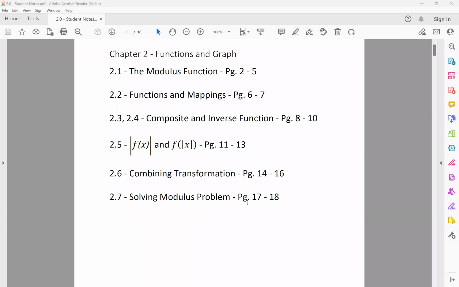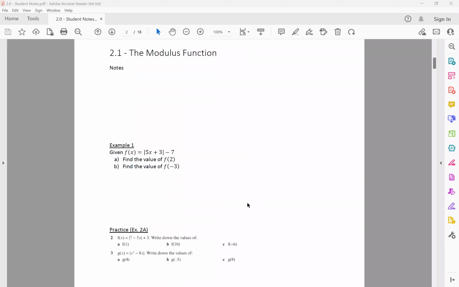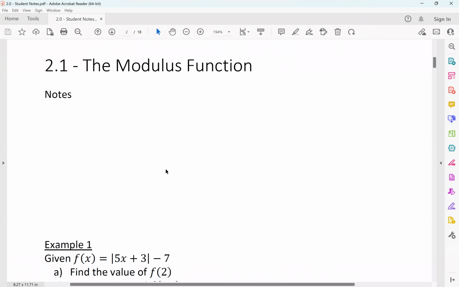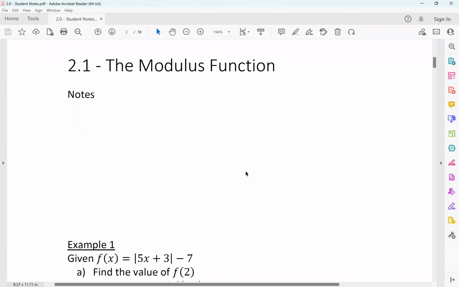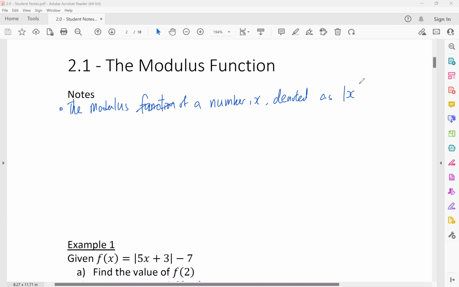Right. So 2.1 is about the modulus function. So notes. What is a modulus function, first of all? The modulus of a number x is denoted as two straight lines, like a bracket but in a straight line, like a prison bar, two bars with an x